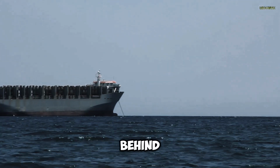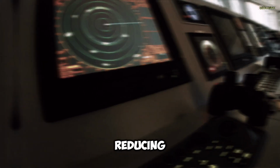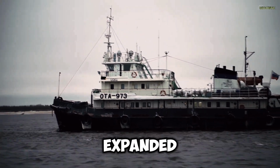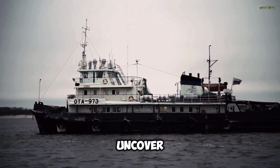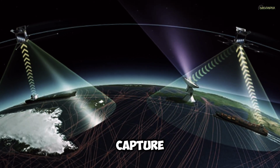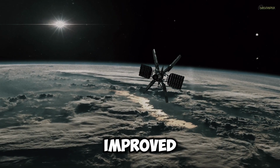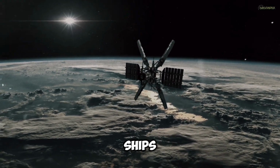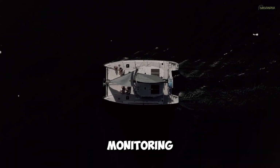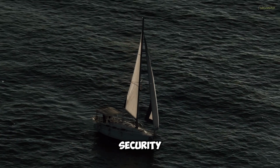The main intent behind AIS is to avoid collisions by optimizing traffic flow, reducing congestion, and ensuring a safe passage. In recent years, satellite AIS has expanded the reach of this data collection to cover the entire world. This involves satellites equipped with AIS receivers that capture data from vessels beyond the range of terrestrial VHF signals, and it improves awareness, enabling the tracking of ships even in remote and open ocean areas. Something that's really valuable for monitoring the movements of large fleets, tracking illegal fishing activities, and ensuring security of maritime